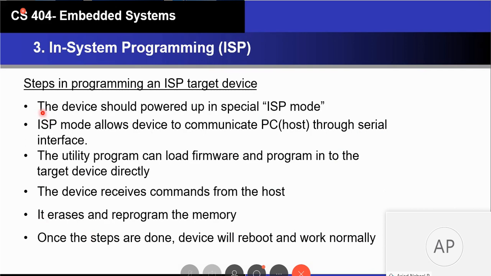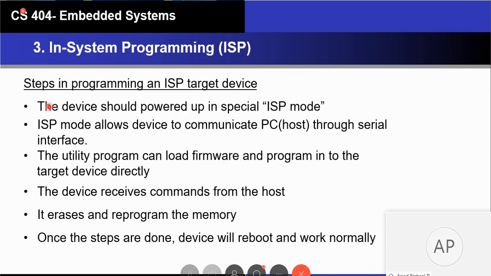First step: the device, which can be a mobile phone or whatever, should be powered up in a special mode called ISP mode. It is something like the recovery mode in a mobile phone, where if you hold the power button and home button together, it loads in another mode, like boot mode and recovery mode.